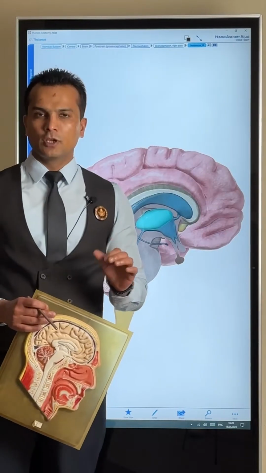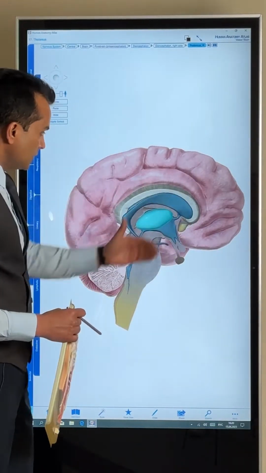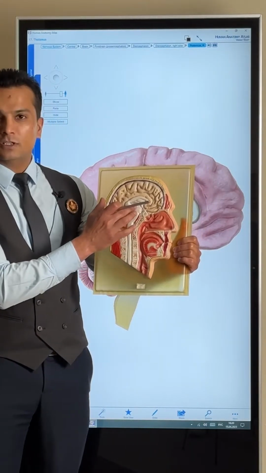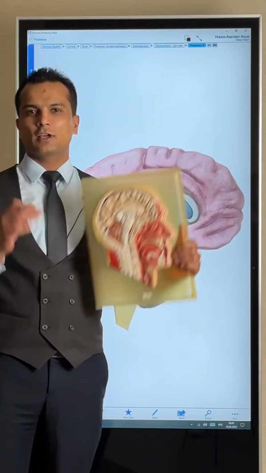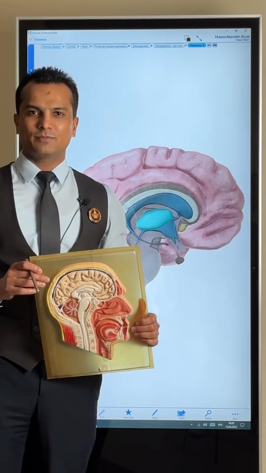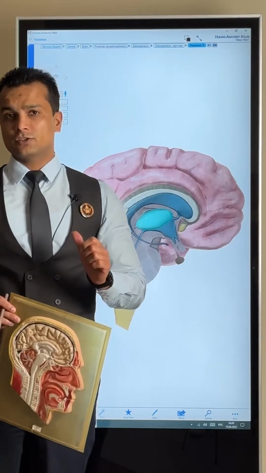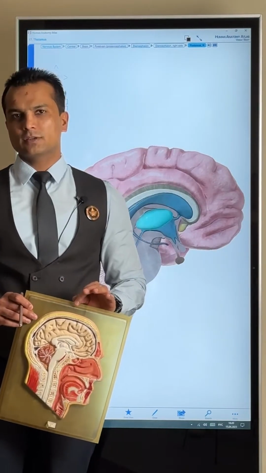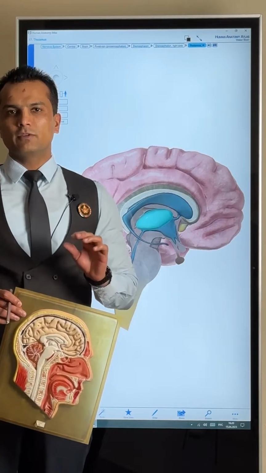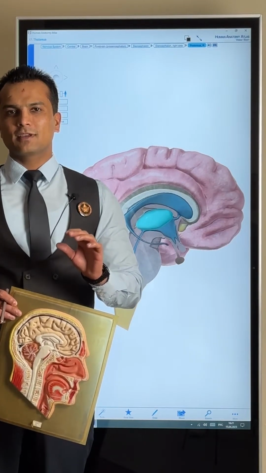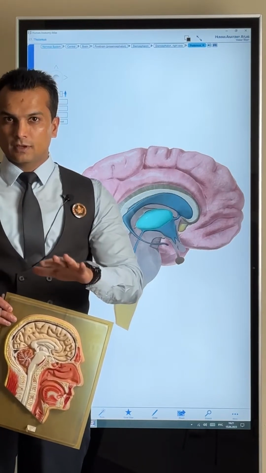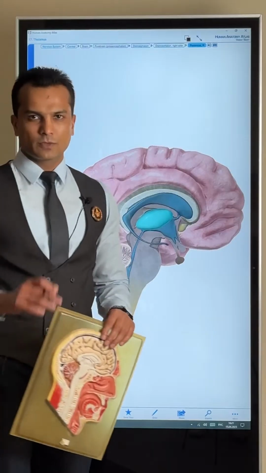So in this 3D structure here you can see the thalamus. There are two thalami, one on the right side of the brain, the other on the left side. First we have to recognize this structure today. This is a very important lecture, and if you stay with me, I will give you crystal clear concepts about the thalamus, its nuclei, its relations, and then about the hypothalamus. So dear friends,